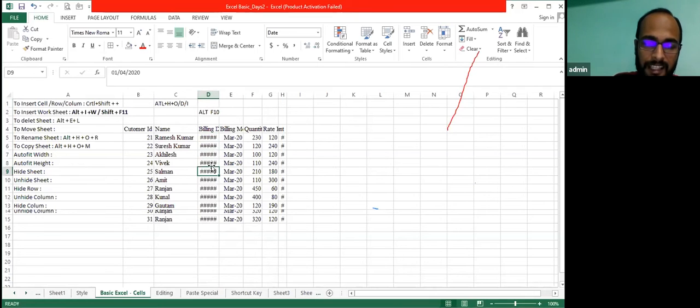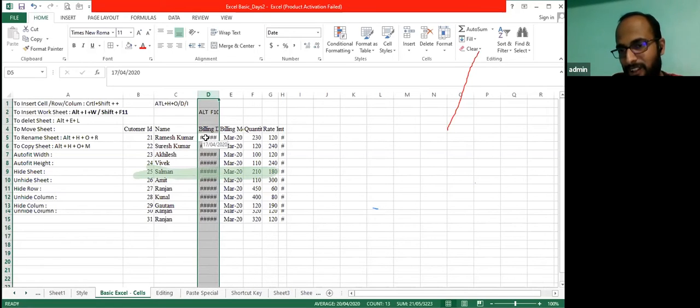press the cursor in any cell in this column only. You can do it right now on your Excel, because until and unless you do it, you won't be able to understand it. Press the cursor in any cell in this D column only, the column which you want to select. I hope all have selected one cell. Okay, just press Control and press space. You can see the miracle. You can select the entire column with the help of the keyboard.